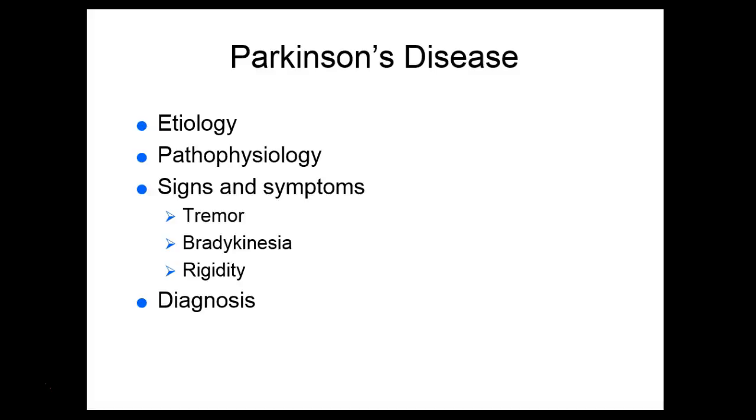Stimulation of the basal ganglia causes muscle tone in the body to be inhibited and allows for refined voluntary movements. The two neurotransmitters that are involved in the action are dopamine and acetylcholine. Acetylcholine-producing neurons transmit the excitatory messages throughout the basal ganglia, and the dopamine inhibits the function of these neurons to allow for control of